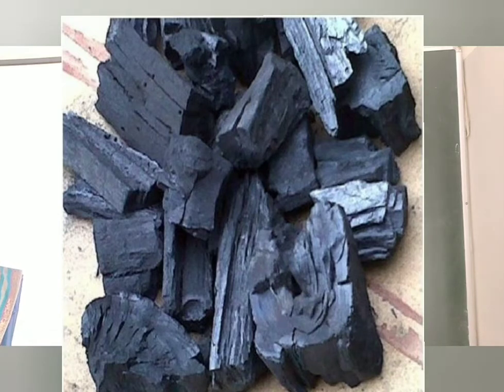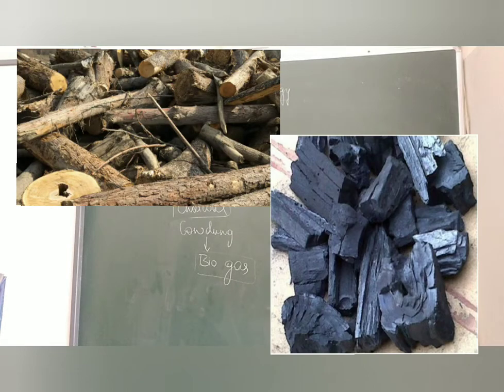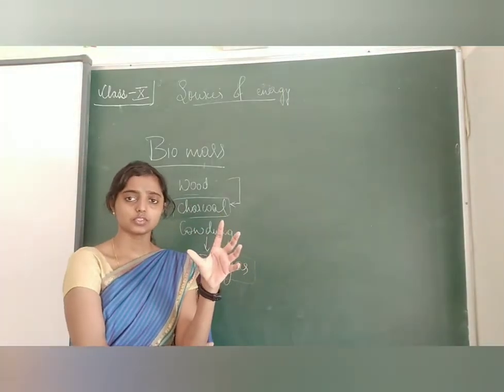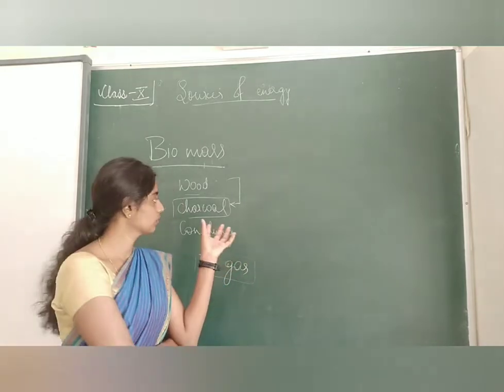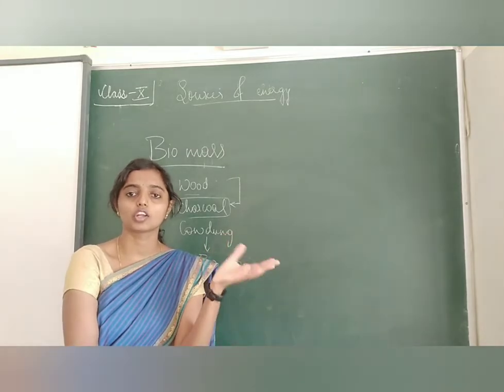When wood is burnt in a limited supply of air, then water and other volatile materials get removed and charcoal is formed. In other words, wood should be burnt with some amount of oxygen gas and converted into charcoal. So this wood can be burnt in the presence of oxygen, and whatever moisture it contained in the form of H2O and the rest of the volatile materials.